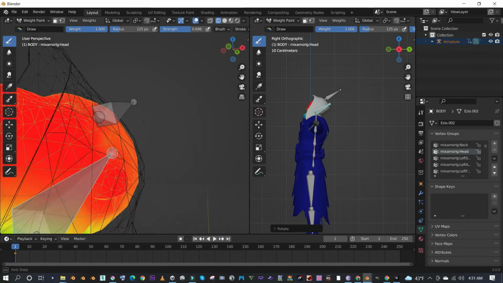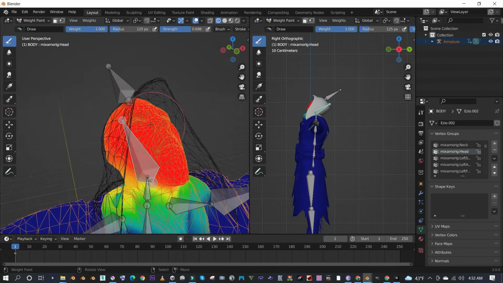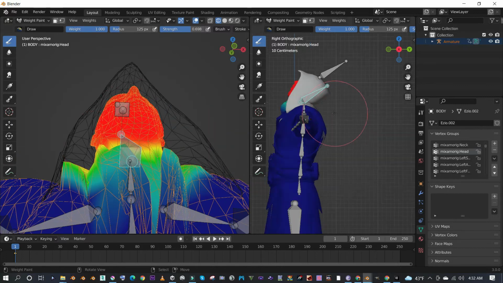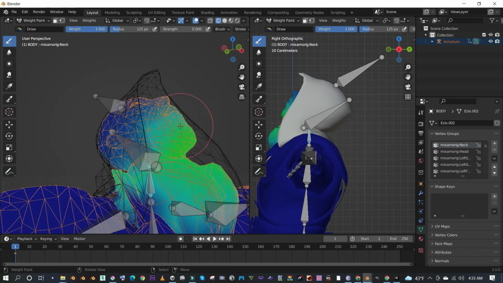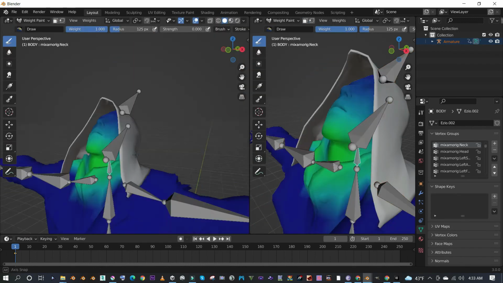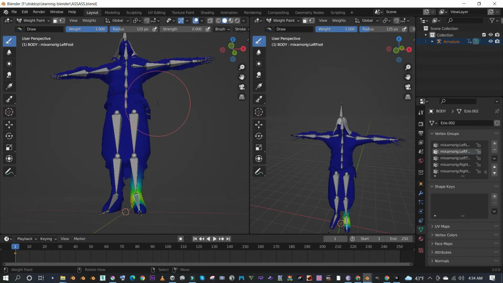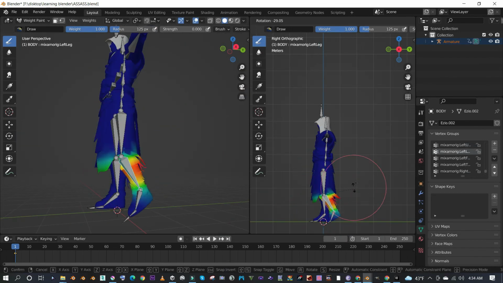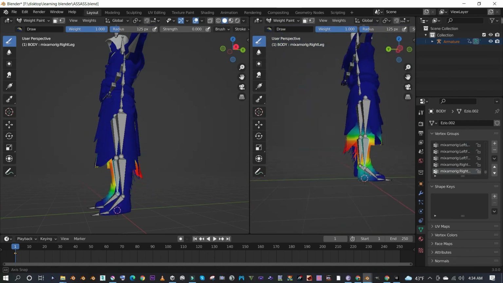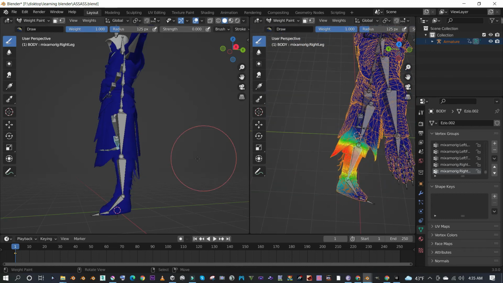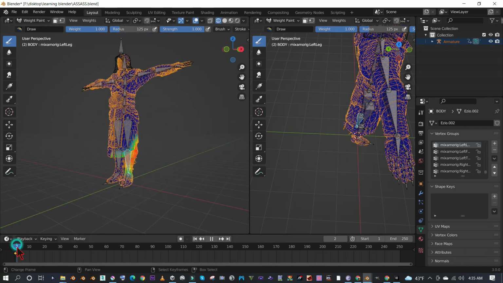Right now I'm selecting the face bone and I'm going to move that bone and fix all the meshes in the face area. There are also mesh problems in the legs. When you rig a character on Mixamo, there are a bunch of problems there. You can fix them by using the weight paint method. See you in the next tutorial.